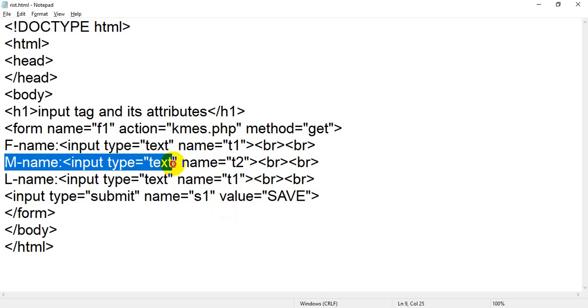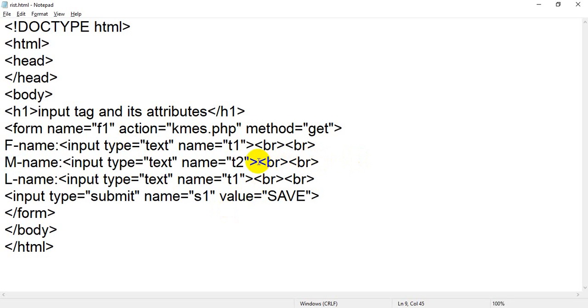I don't want to accept the value of middle name. I don't want middle name from user. So in that case I will just go to this line and I will add disabled attribute or restriction. Don't write any value. Disabled is a single attribute which doesn't have any value, so just mention disabled.